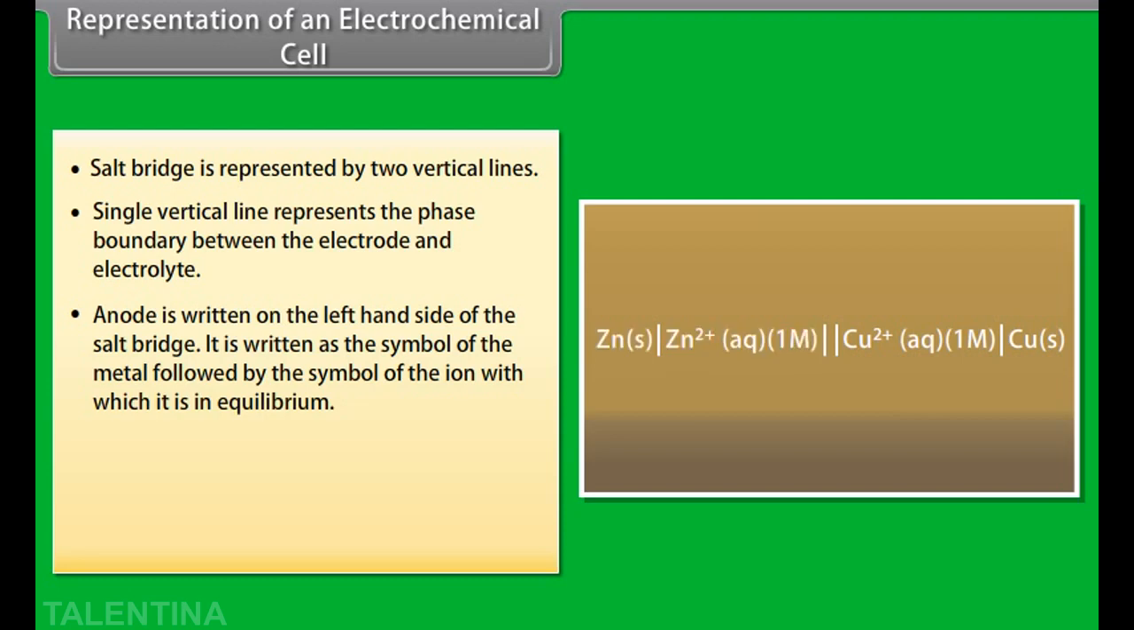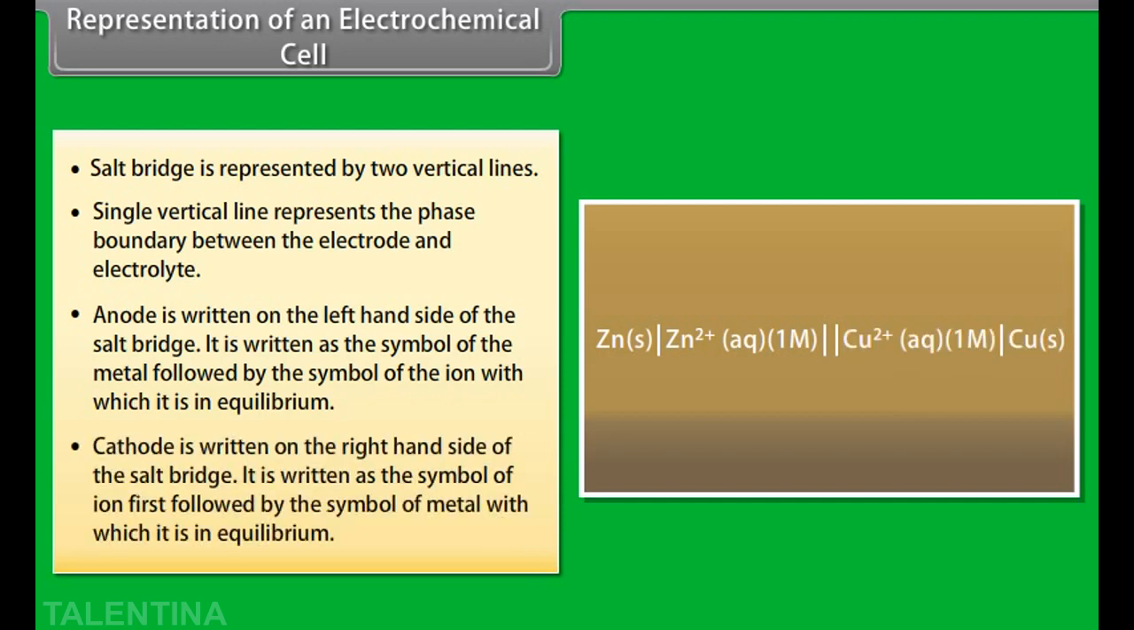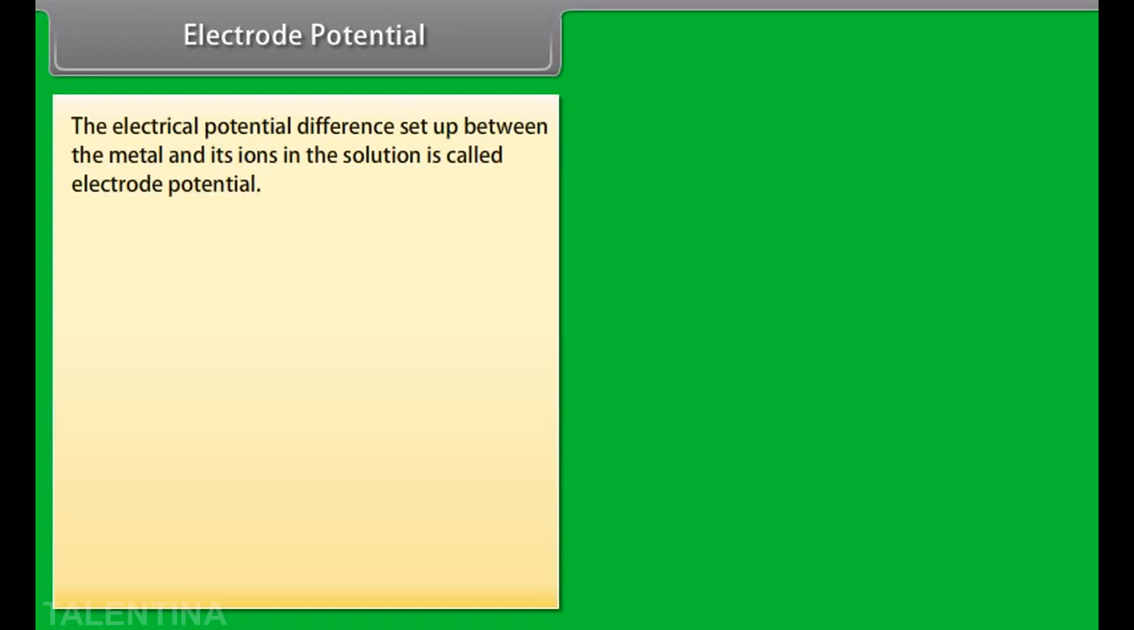It is written as the symbol of the metal followed by the symbol of the ion with which it is in equilibrium. Cathode is written on the right-hand side of the salt bridge. It is written as the symbol of ion first, followed by the symbol of metal with which it is in equilibrium. Electrode potential. The electrical potential difference set up between the metal and its ions in the solutions is called